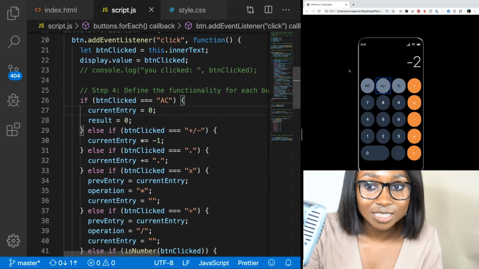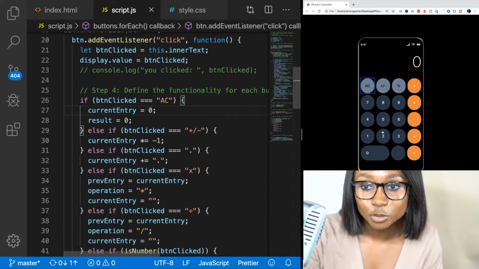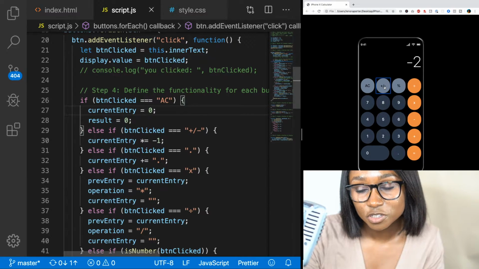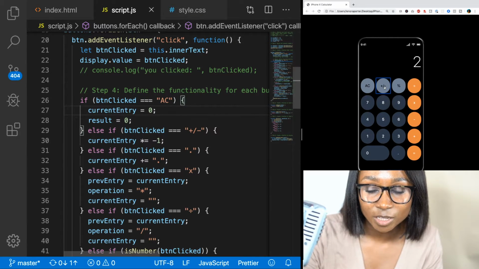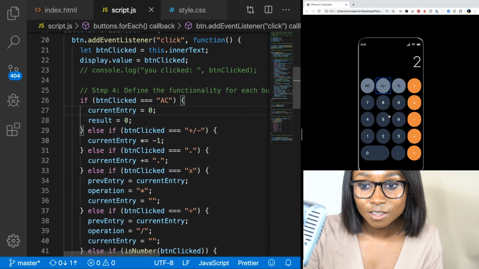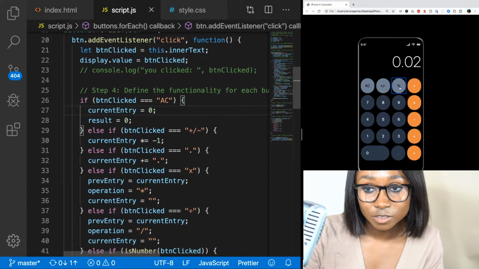Anyway, let's go back to this. So if you press a number 2, like so, and you press the negative or positive, it turns into a negative, or you press it again, turn it back to a positive. If I press the %, it turns my